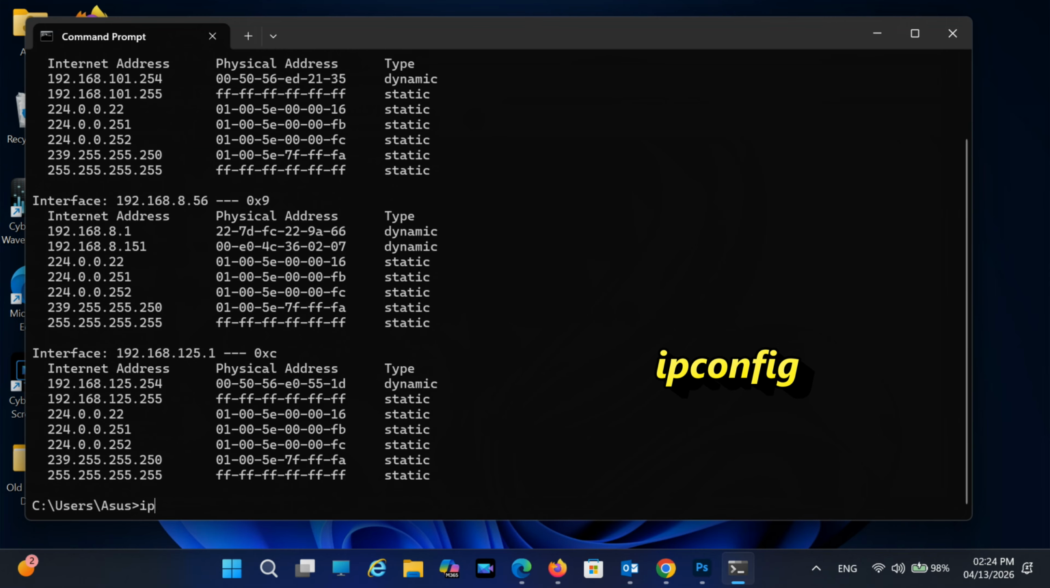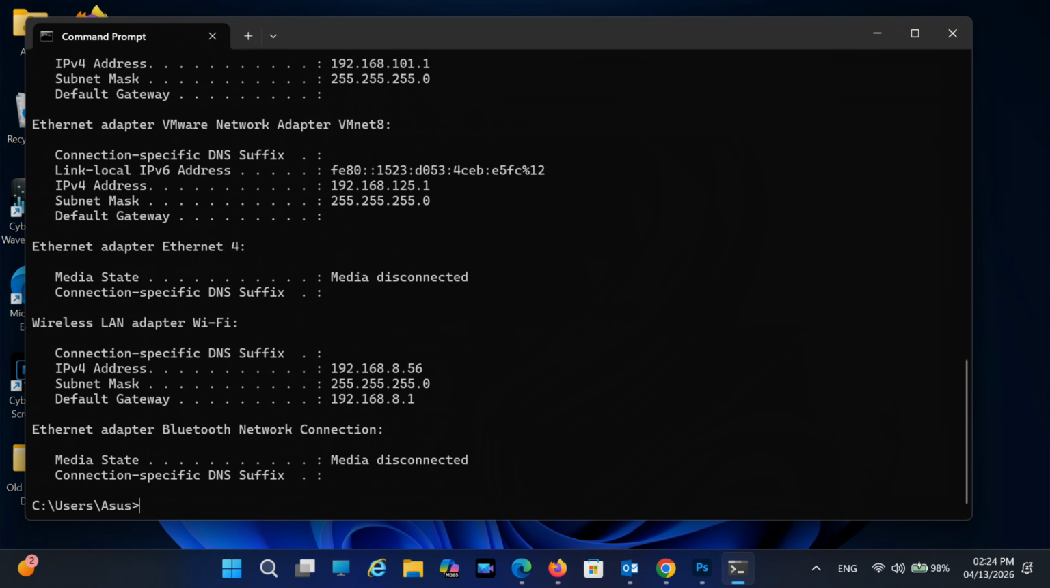Check your network gateway. Now type ipconfig. Look for your Wi-Fi or NIC network adapter and find default gateway. In this example, it is